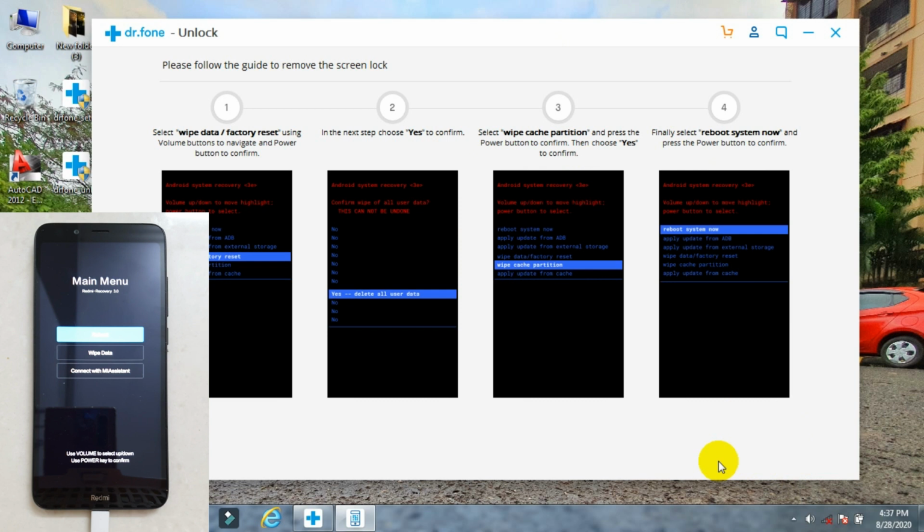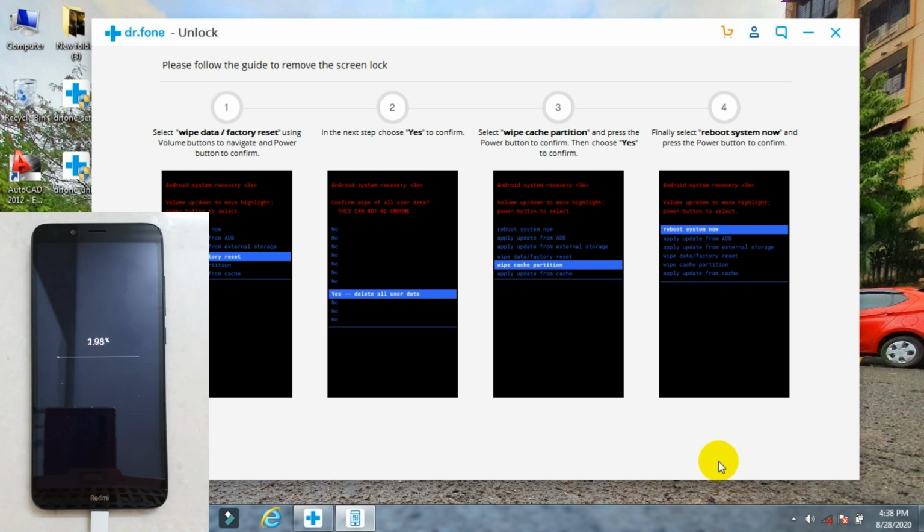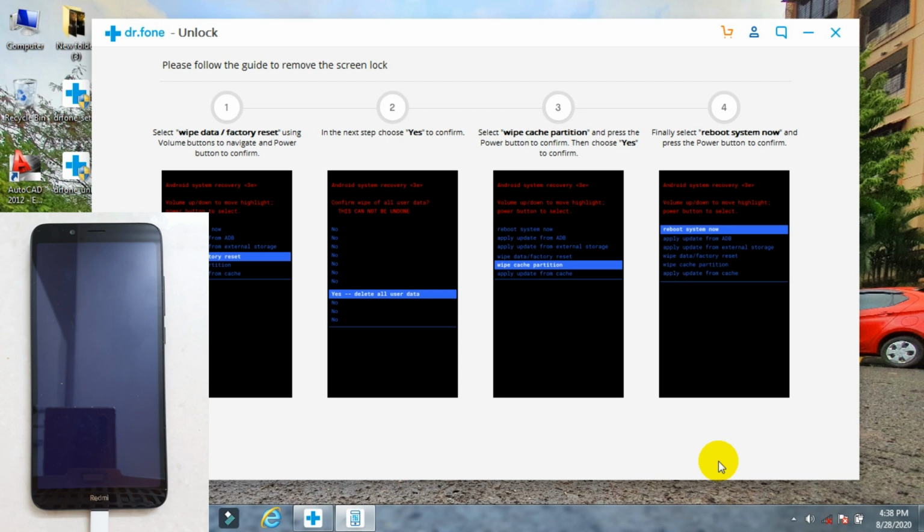The next steps are displayed on the screen, and on your phone in the recovery mode, you can scroll through menus using the volume buttons and select the wipe data option using the lock button. Then it will ask whether you want to erase your phone. Go ahead and press the lock button and the formatting process will start on the phone. Once the process is complete, go back to the main menu and reboot your phone. Now your phone is back to factory settings as it was when bought new. Now you just have to set up your device by the regular method.